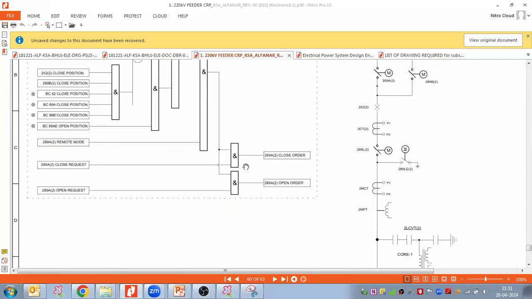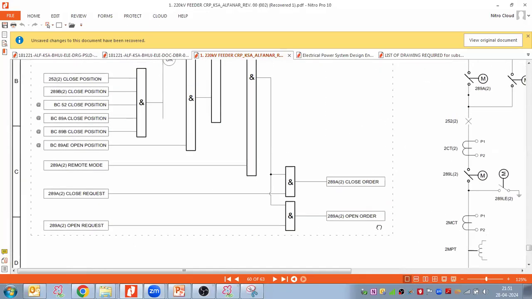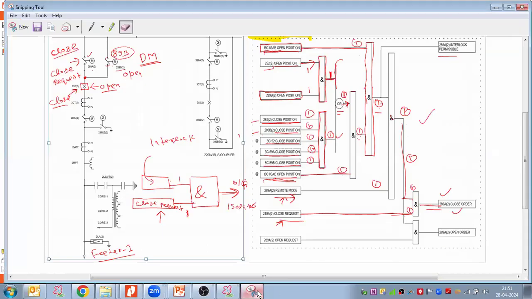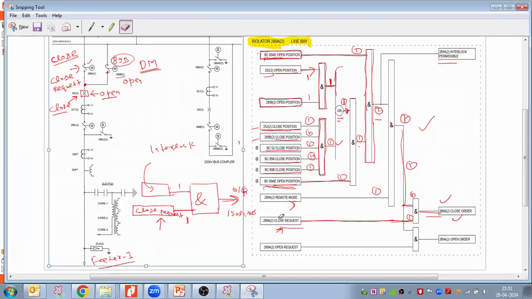So now we have the close order. Now, in order to get the open order, how to open the isolators? First of all, we have to give the open request, right? This is input number one, and input number two,